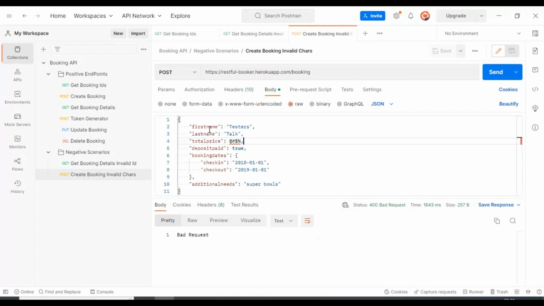For example, if there is any restriction, such as first name should contain 10 characters, in that case you can pass 10 characters or more than 10 characters, and also you can enter special characters in that particular field. And also you can specify spaces in between the strings and check it. So these are the other set of negative scenarios which you can test if this particular API is implemented with the